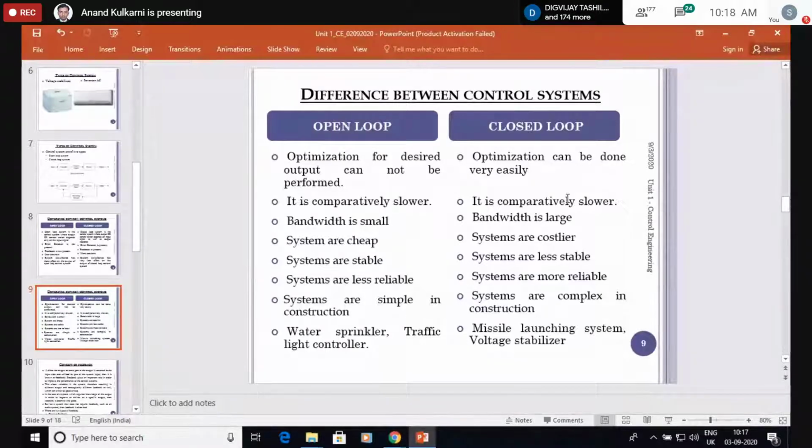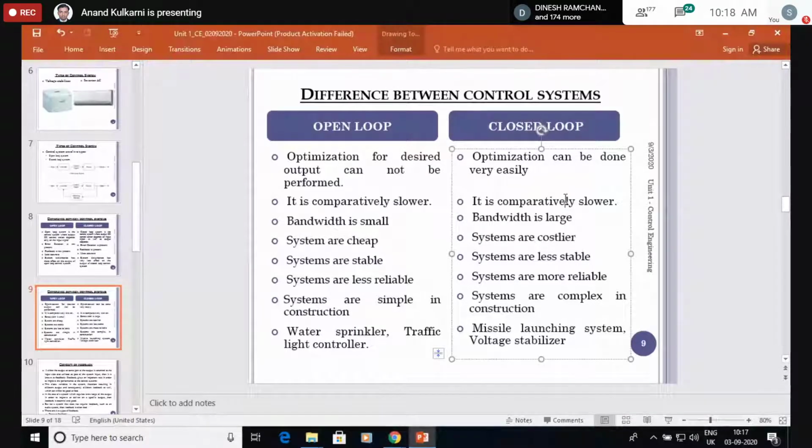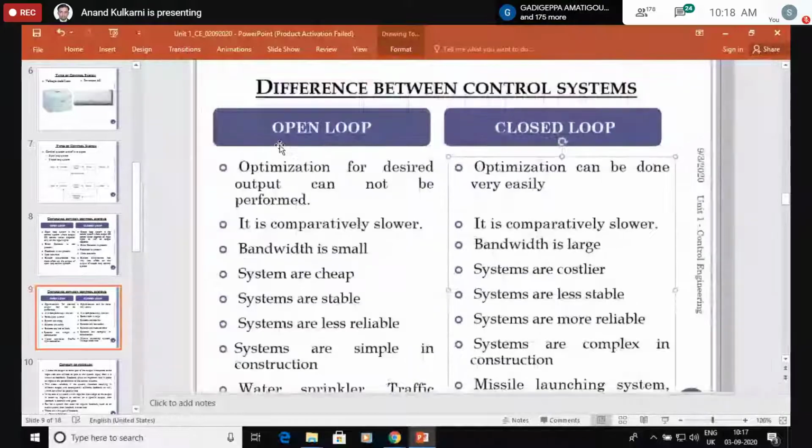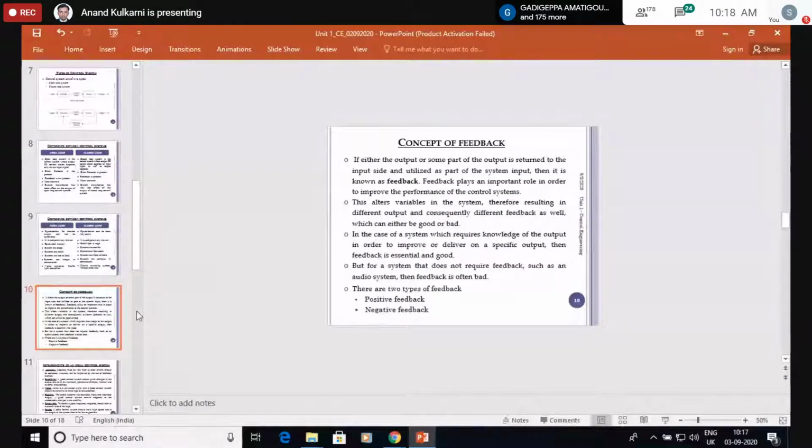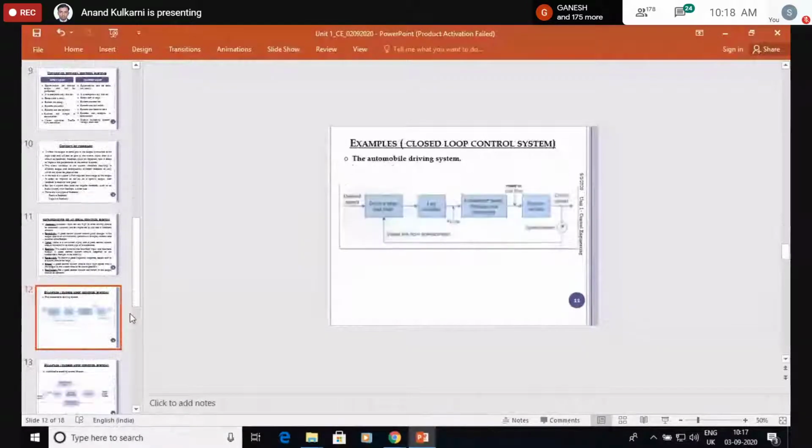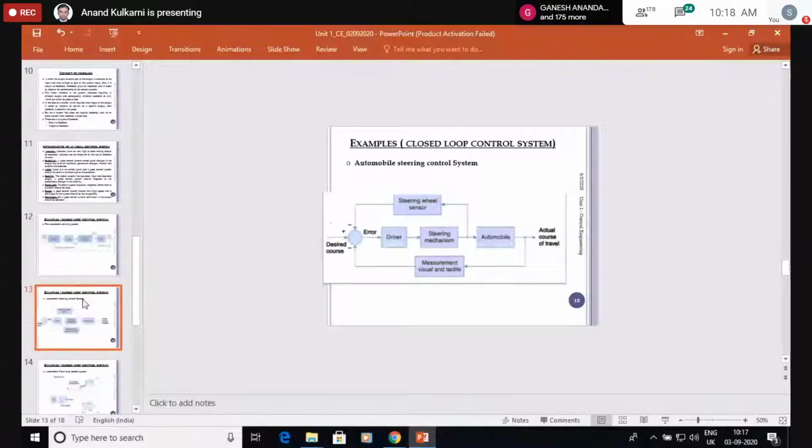The reason for that is, for example, I will give you a closed loop control system. In the closed loop control system, there is a feedback. Feedback means the difference between the input and output is continuously monitored. So when it is continuously monitored, here you can see that